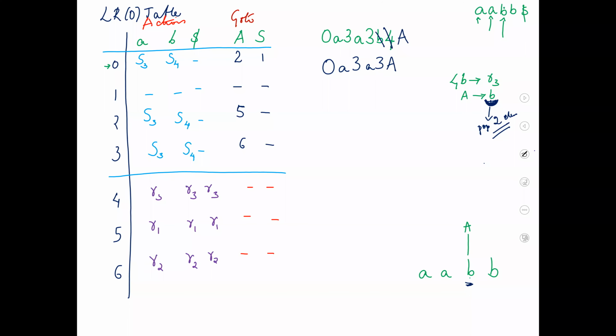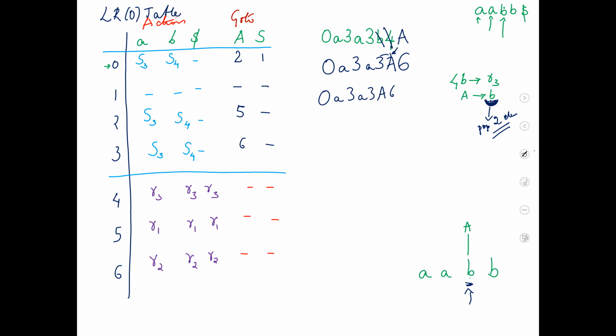You have 3A. Now this A is something which came in new with respect to our 3. So now you have to check 3A. What is 3A? 3A is 6. So I write over here 6. Okay. So I am now done with my stack. Currently I have 6. Now let's go back again.